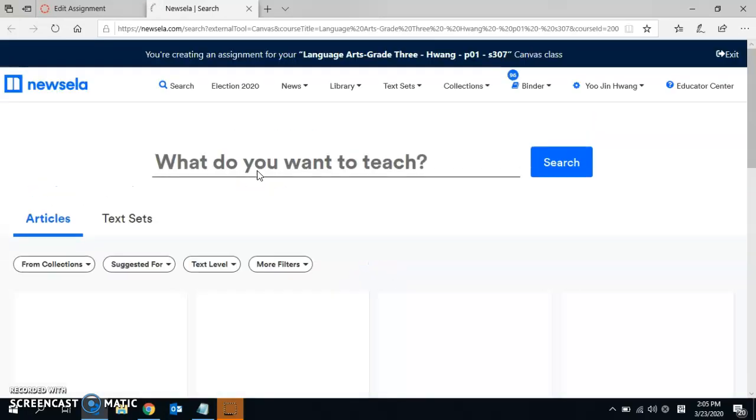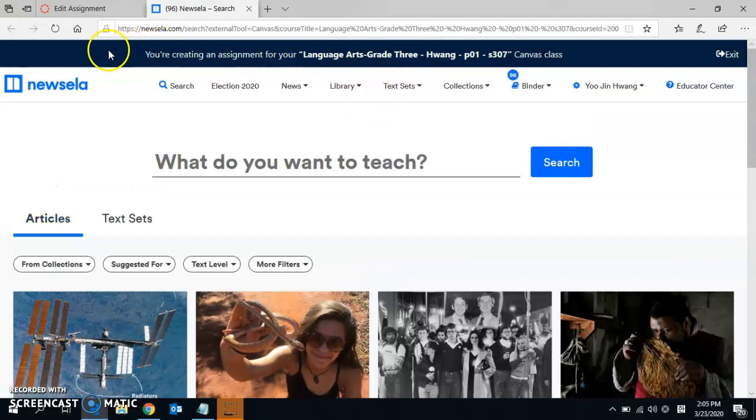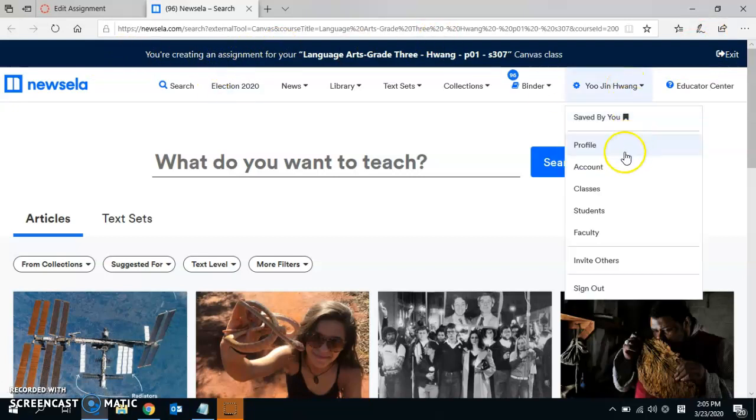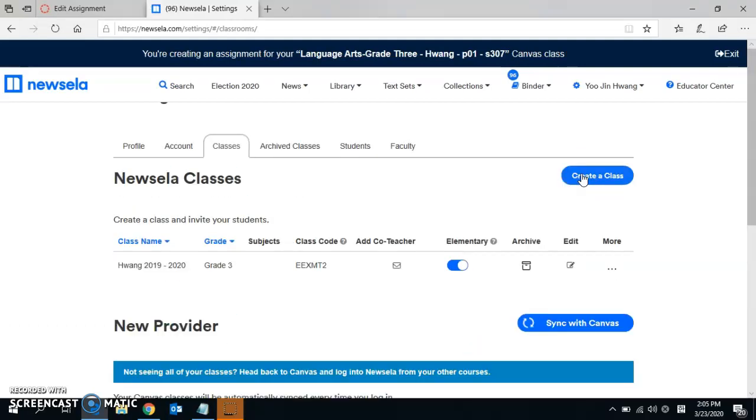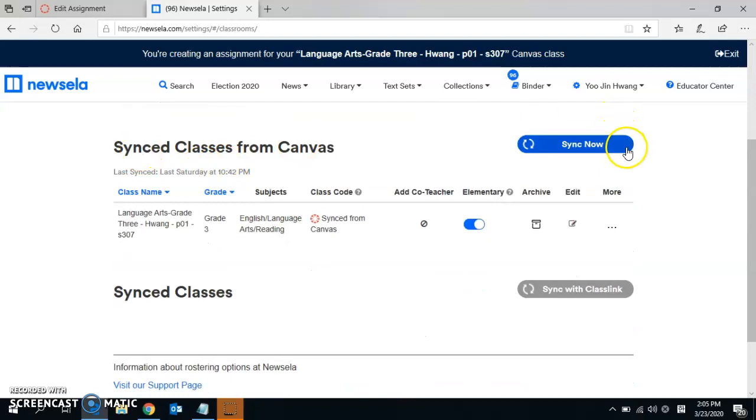Now, the important part is I already synced my class, so I don't have to worry about it. But if you haven't, go under your classes. Near your name, hover over, and it will say classes. Once you go to classes, you can actually sync your Canvas course. You are going to click on sync now, and whatever you came from, whether you chose the math course, language arts, or science, it will sync automatically,